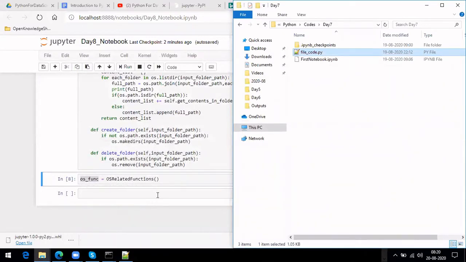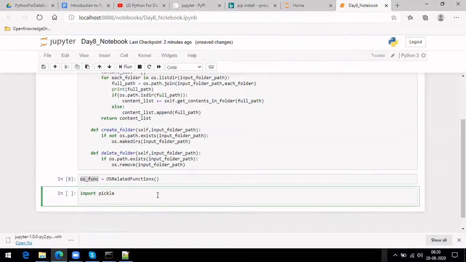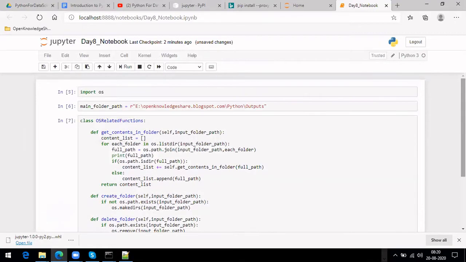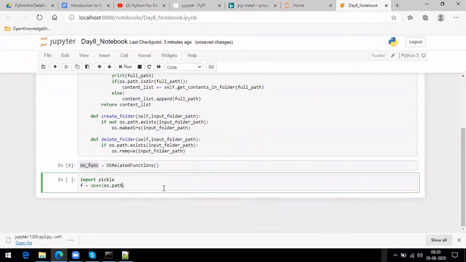Let me do that. Import pickle, and then let me open this path here, with path dot join, and give it class.pickle.